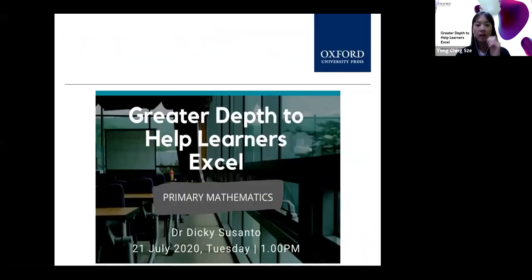Today's session is on greater depth to help learners excel. I believe most of you here today have used or will be using Excel in Mathematics by Oxford University Press in your classroom. We have with us Dr. Dicky Susanto, who will help us review and see how we can use these resources more effectively to teach in your classroom, whether online or face-to-face, but in the current situation, it has